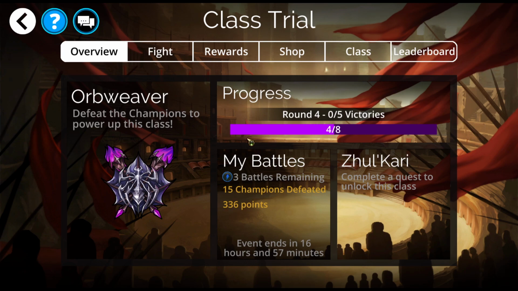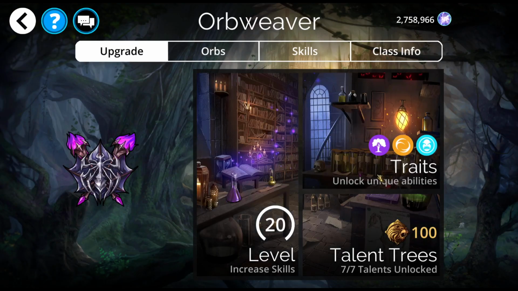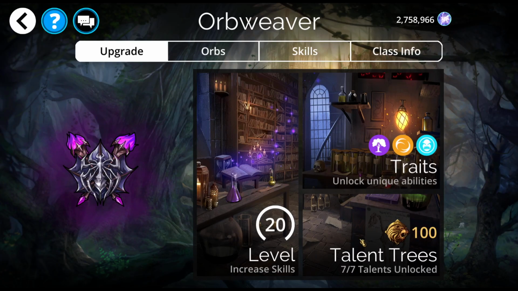Let me tell you about the class first of all. This is a very good class and very annoying to fight. I hate fighting this class because of this 35% chance to summon a giant spider when I take damage, and that seems to hit more like 75% of the time. I hate that. Plus,